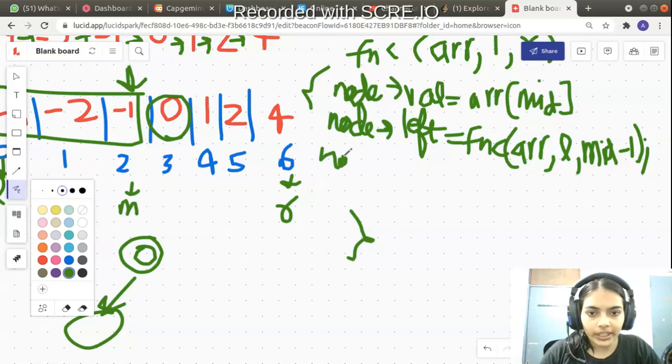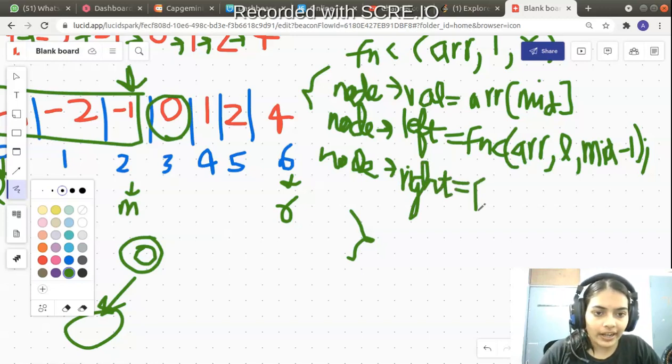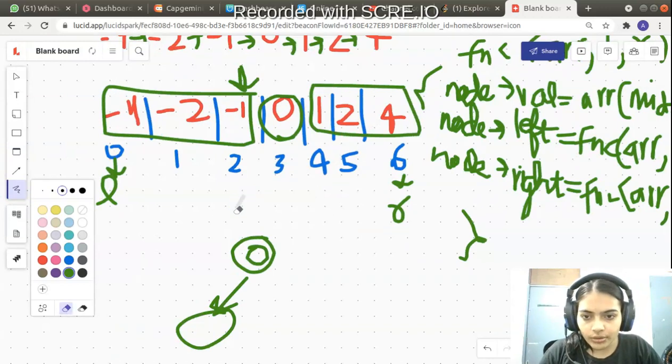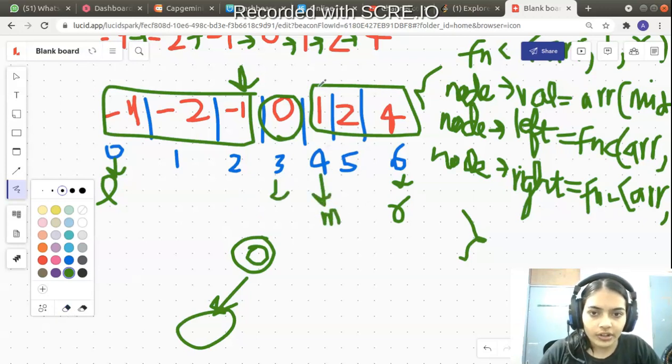And what are you going to do for the right child? For the right child, we will come to that. First, we will finish all the recursive calls from the left side, then we will come to that. For the right child, again you will make the recursive call to the function. So let me write fnc. Again you will pass the array. This time you will pass this side. So what will happen? When this side gets passed, the mid will get shifted by 1, and the right side will remain the same, because you are taking this side of the element, right? You are taking this particular element.